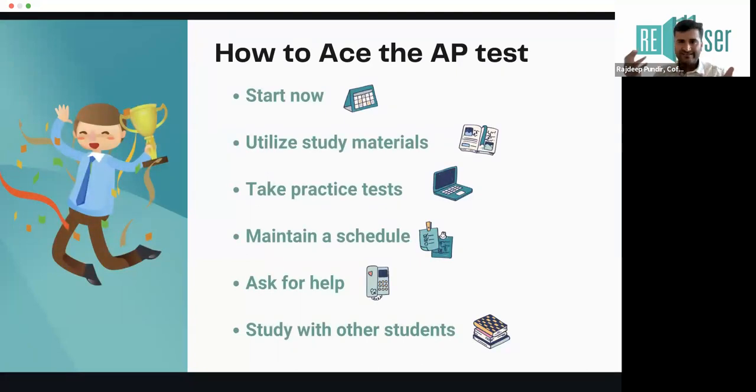Now, a couple of other things. How do you ace the AP test, right? So start early, start as soon as possible, because as I said, AP happens only once a year, which is in the month of May. The registration deadline is mid-November. So if you want to write AP this year, mid-November is the last date for you to register. The late registration happens in March, which is the last date, and that's only applicable if there are seats available in your city. Otherwise, you might have to travel to other cities to write the exam.